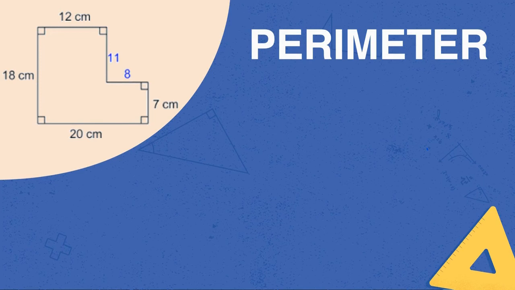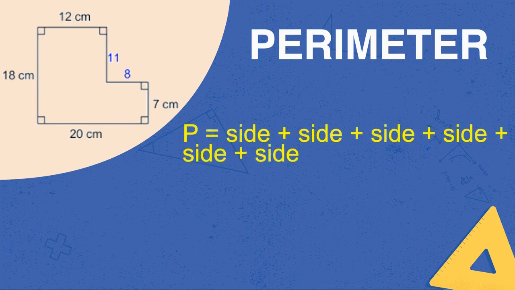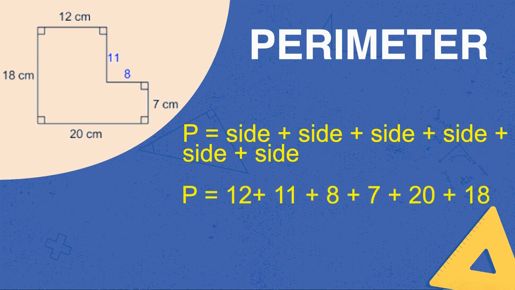There are 1, 2, 3, 4, 5, 6 sides. So our formula should look like this. Side plus side plus side plus side plus side plus side. Now, let's replace each of those sides with a number representative. So that's 12 centimeters plus 11 centimeters plus 8 centimeters plus 7 centimeters plus 20 centimeters plus 18 centimeters. When we add all of that up, the perimeter should equal to